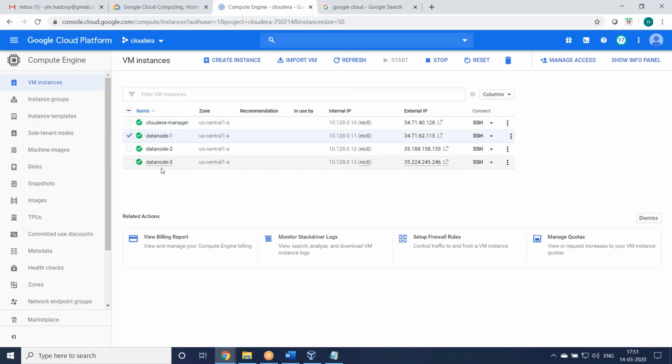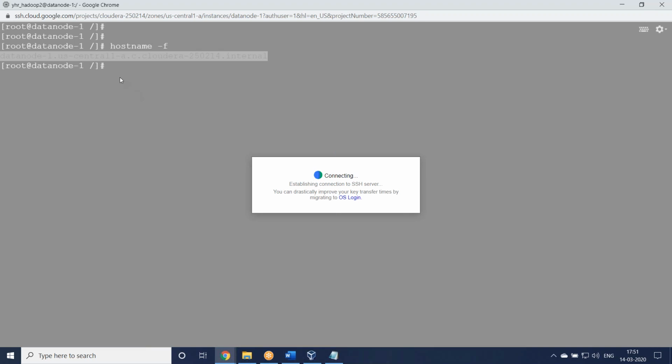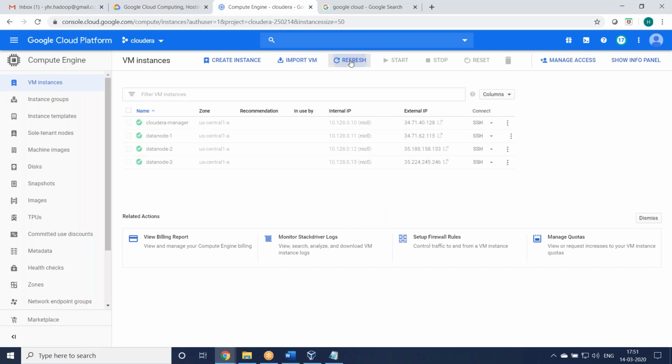You have to observe it. Sometimes a node will go down because those nodes are in the cloud, right? Sometimes they go down automatically. We have seen this several times when installing. We can just monitor it. If any node is down, we can just restart it and reconnect. Make sure always that all the nodes are up and running. Maybe due to some resource unavailability, it goes down.